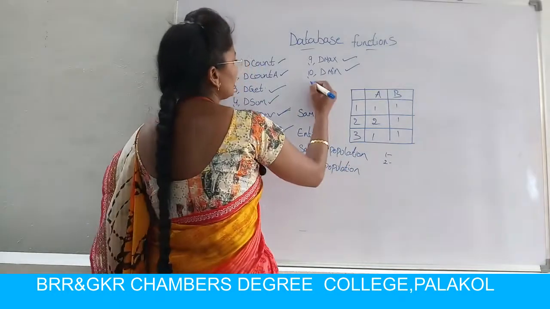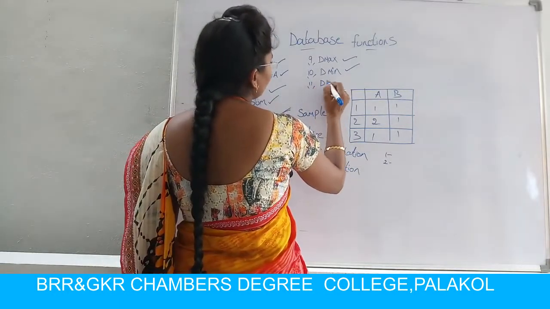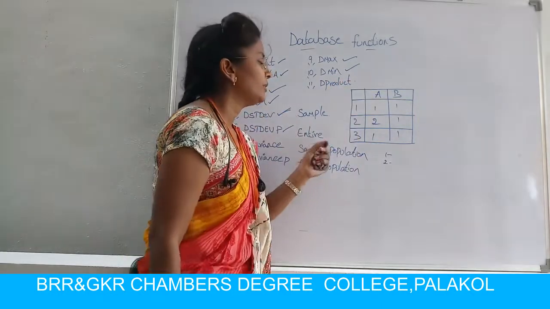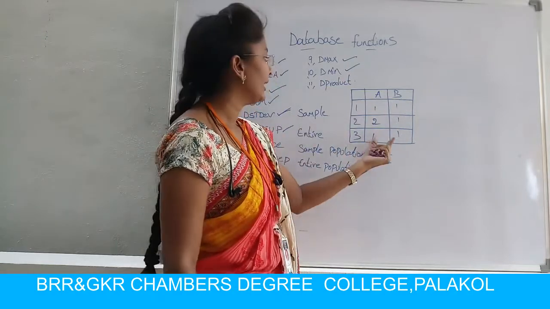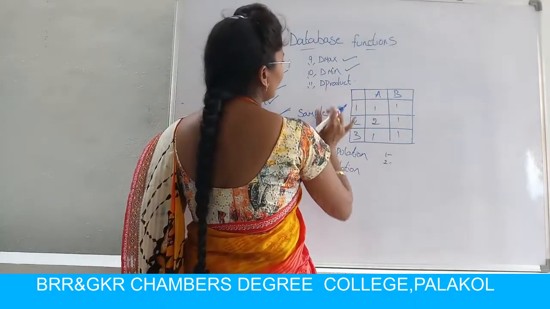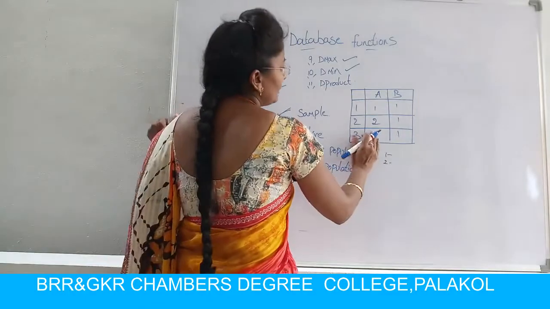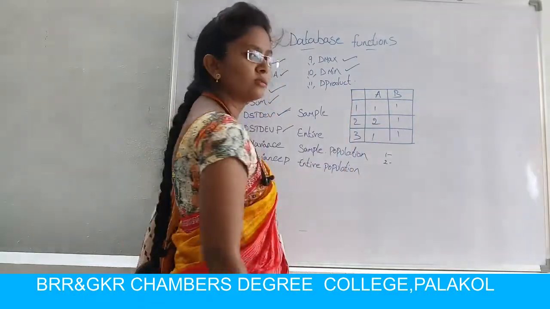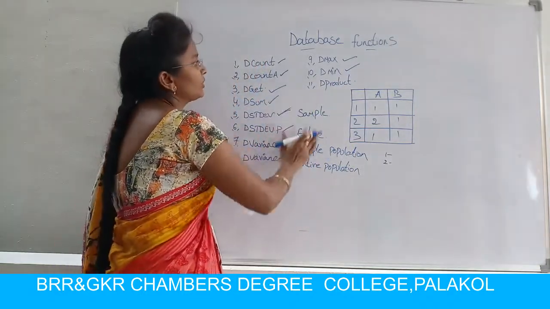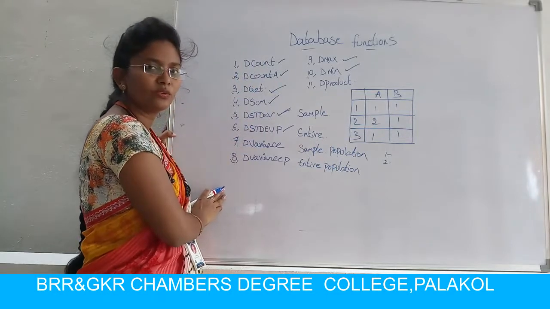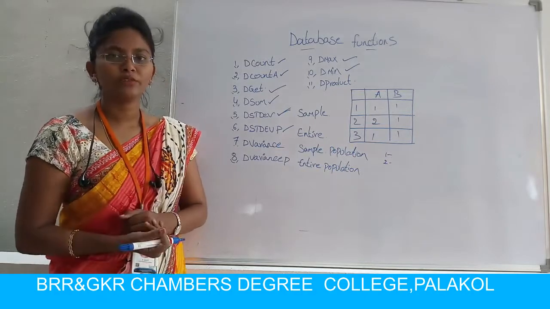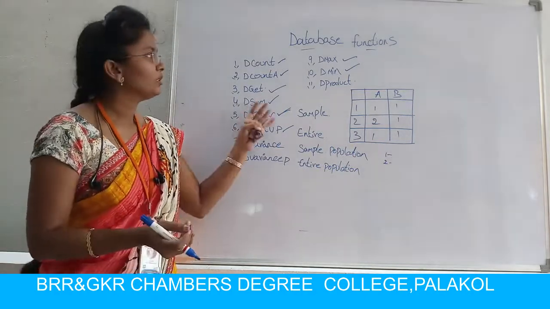And one more function is also there. You can display that as product, maximum, minimum, and then product. If I am taking this data in the Excel sheet, selecting this data and going for the product option, it calculates this data and displays the answer in the Excel sheet. These are the functions involved in the database functions. Mathematical functions, statistical functions, logical functions, or lookup and reference functions are different from the database functions.